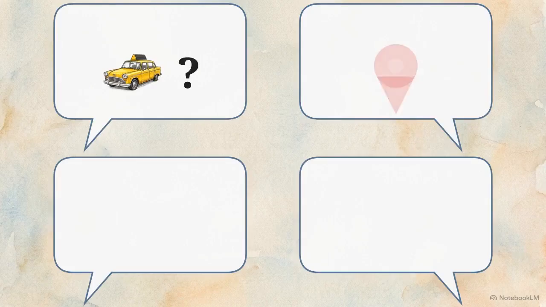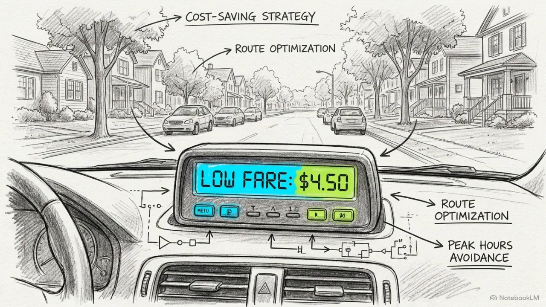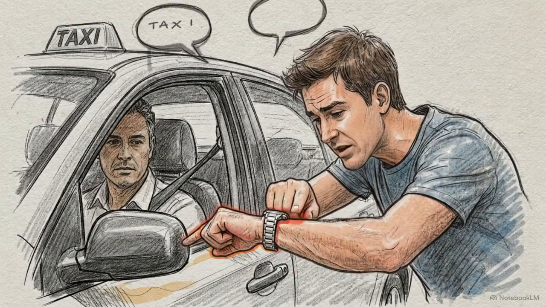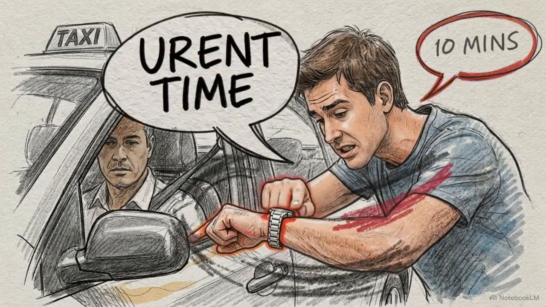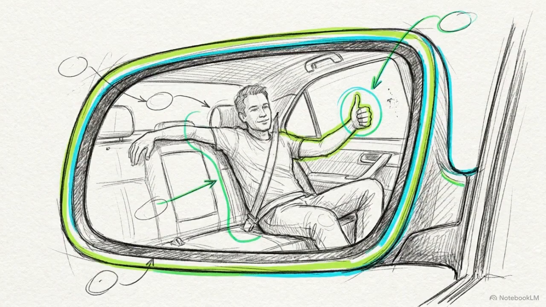Accessing those resident prices requires 4 specific phrases: asking where the taxi rank is, requesting a neighborhood, asking for the meter, or negotiating a flat rate beforehand. Speaking those precise words helps you bypass the tourist tax immediately. The most important phrase you will use all day is, "I need to be back at the port by time." Delivering those phrases in the local language makes the driver see you as a savvy customer, not a vulnerable visitor.